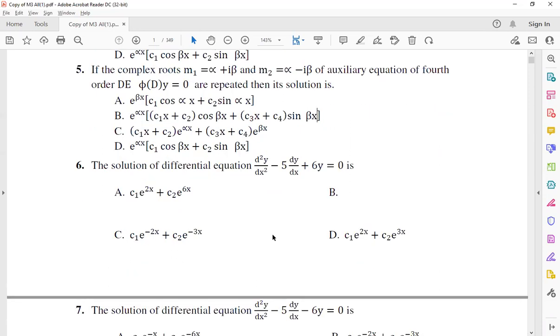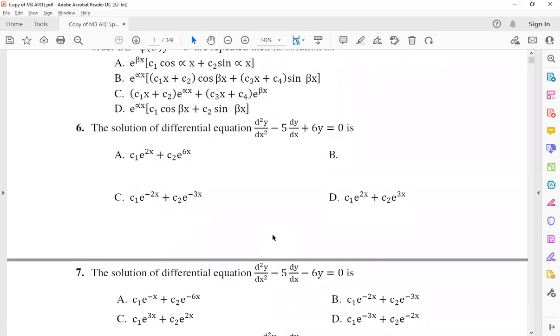Chalo, next question. The solution of the differential equation given to you is d square minus 5d plus 6. Do you remember on the calculator how to find? Press mode 3 times. Then there is equation. At 1, press equation. Forget the unknowns. Go ahead with degree. What is the degree here? 2. Highest power of d, degree is 2.